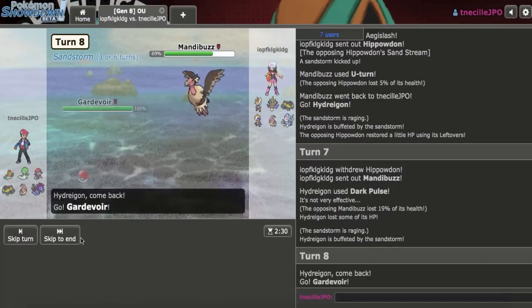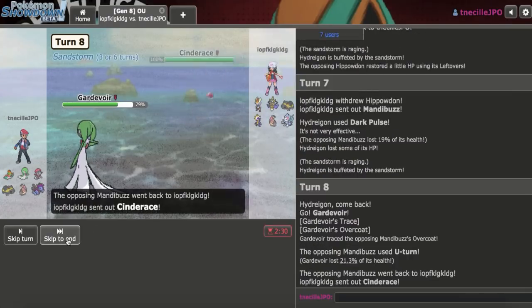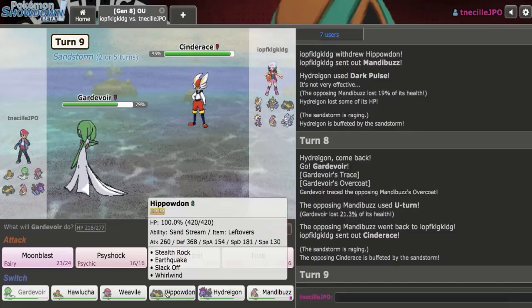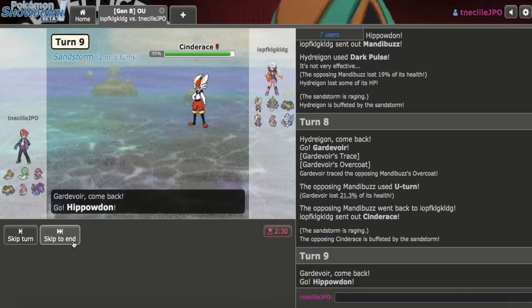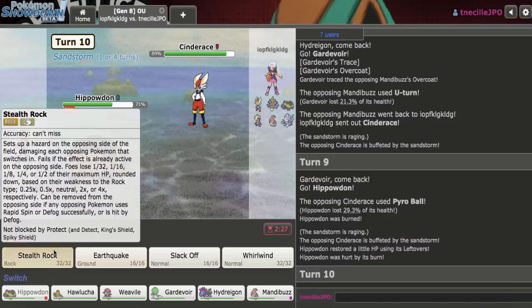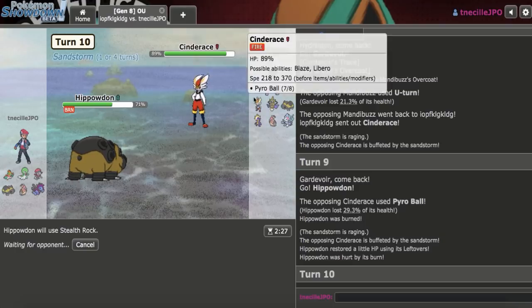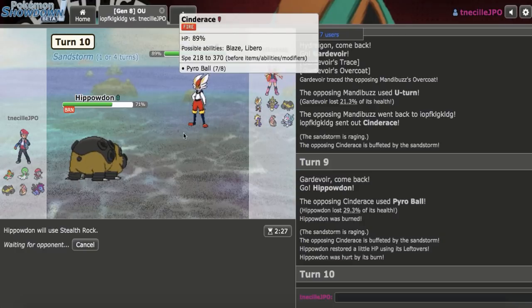We're gonna go hard Gardevoir on the U-turn, because that doesn't really allow in anything other than Aegislash. I guess it does allow this in, but I have a counter to this. Would he U-turn though? He does burn the Power Ball. I don't know how big that'll be. I'm gonna go ahead and Rocks up. I guess it could be annoying against the Aegislash, but